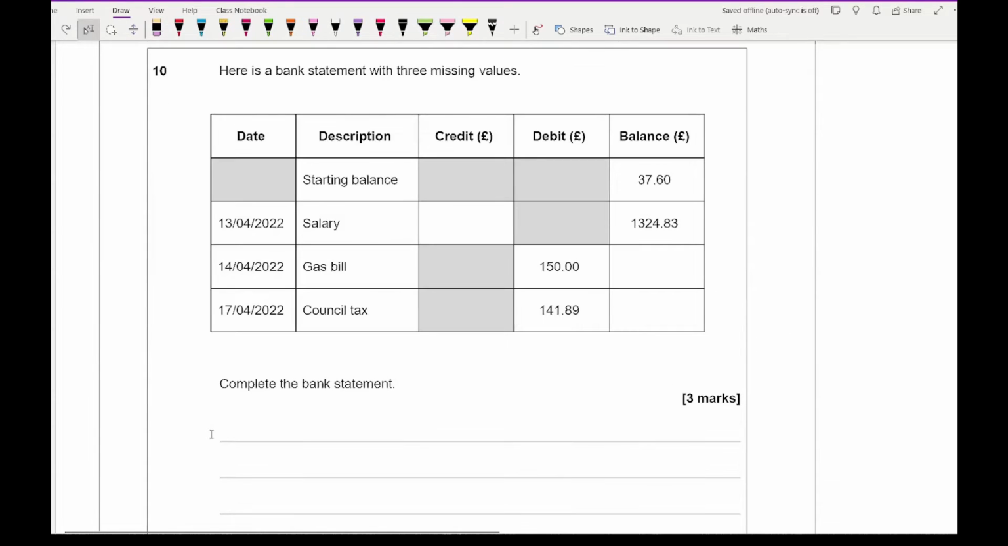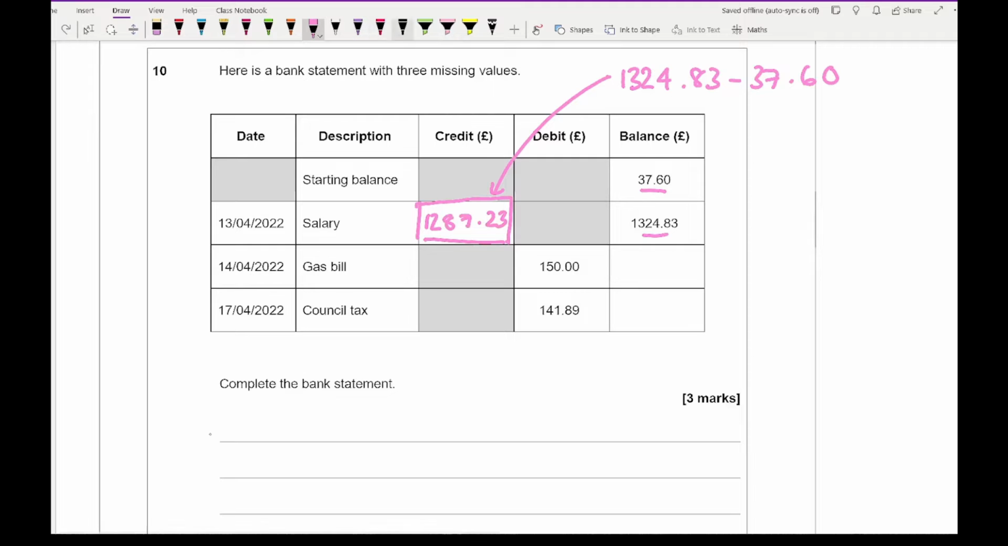Then moving on to question 10, it says that here is a bank statement with 3 missing values, and it wants us to complete the bank statement. So for this box here, what we need to do is work out the difference between the two balances. So for this box here, we're going to do 1324.83 minus £37.60. And that should give me a total of